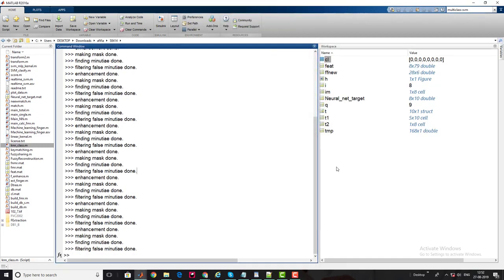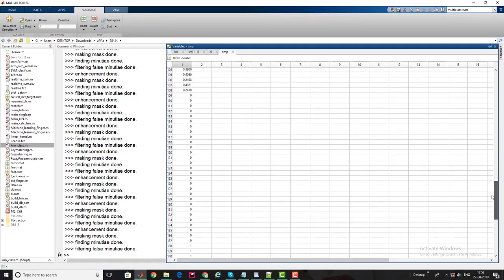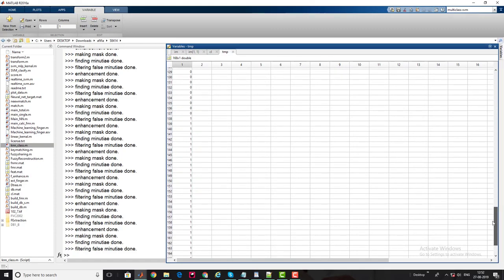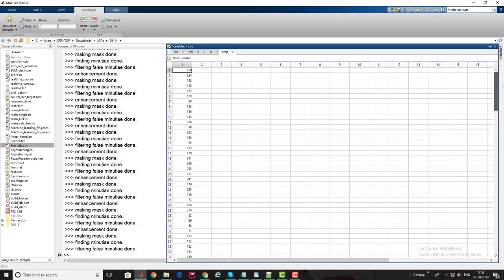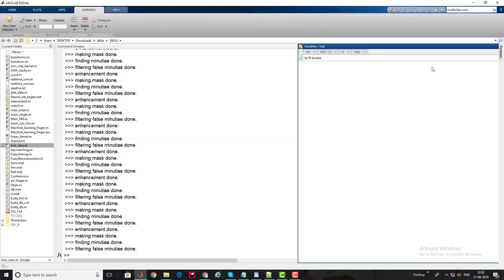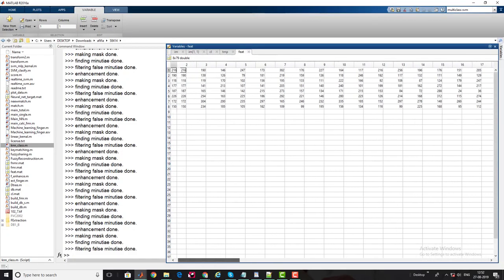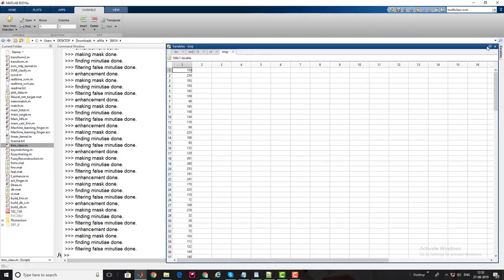Now all my features are extracted from subject 1. As we can see here, there are 168 features I have obtained from the 8 images of subject 1, but we do not receive this many features every time. So what I did, I normalized the features and only took the 79 dominating features from a single image.